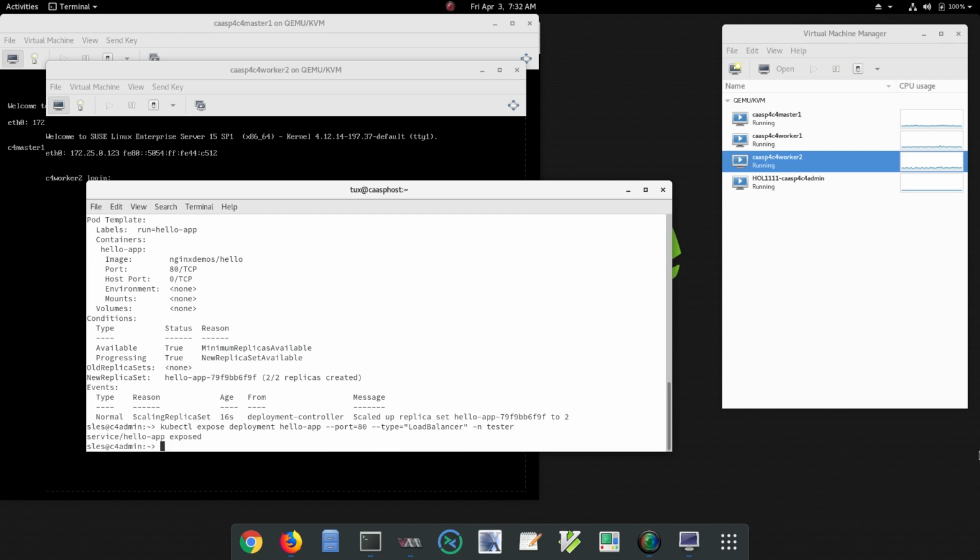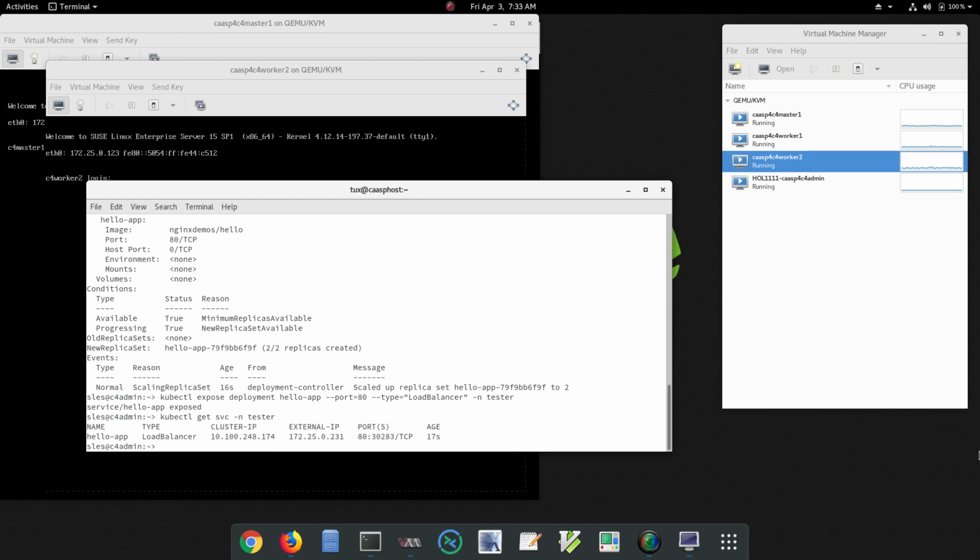And so we now have actually done that. So if I do kubectl get svc -n tester, I should get the load balanced IP address, and I can actually see that right there as the external IP for this particular deployment. It's